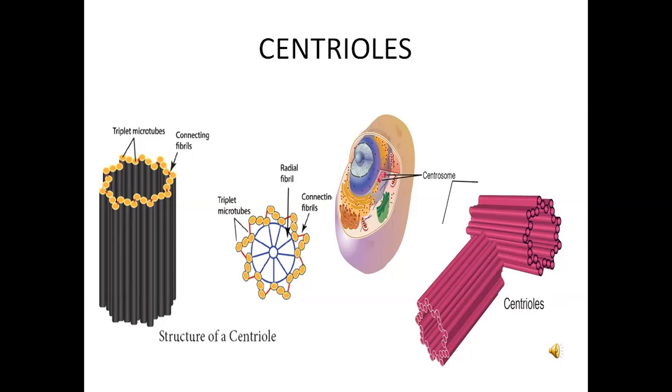But chloroplast is only present in plant cells and absent in animal cells. It helps in the separation of chromosomes during cell division. So centriole parts are here: radial fibers, connection fibers,